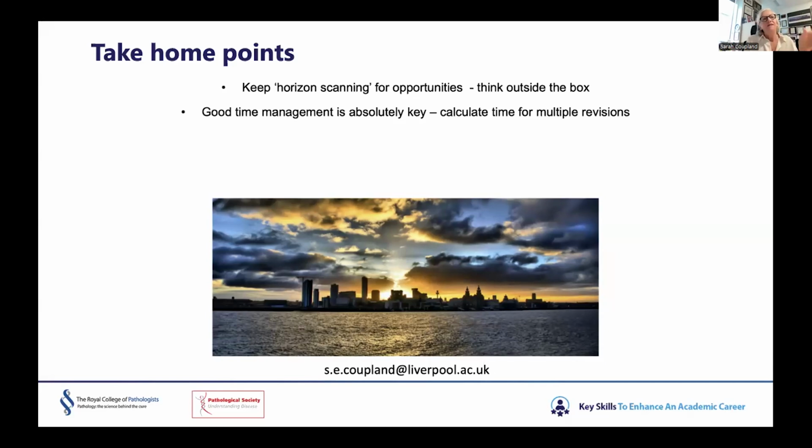Good time management is key, and calculate it in time for multiple revisions and, if need be, also interviews. Really don't fear the red pen of your colleagues. I have been at the receiving end of lots of corrections from my colleagues, and you take on board those that you think are appropriate, and not necessarily are all correct, but more